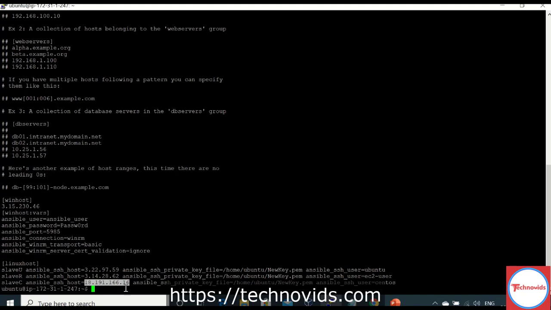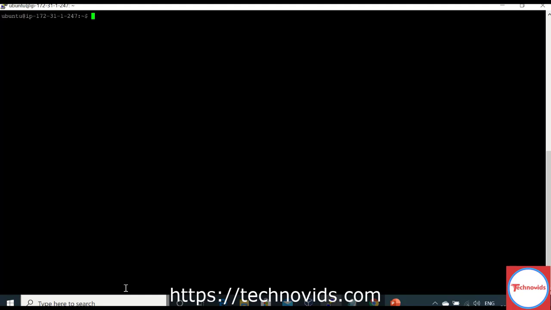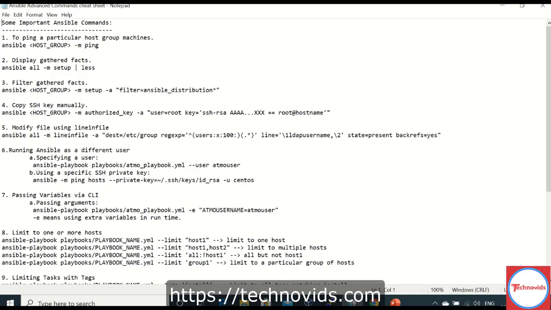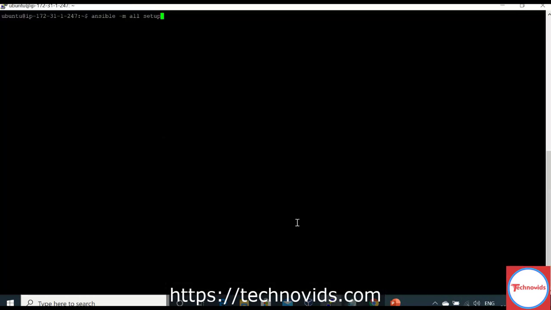Let me show you what I mean. How to gather the facts? This is the command to do that: ansible -m setup. If I do this, it will give me the facts about my machine. Let me cross check it once. ansible -m setup.